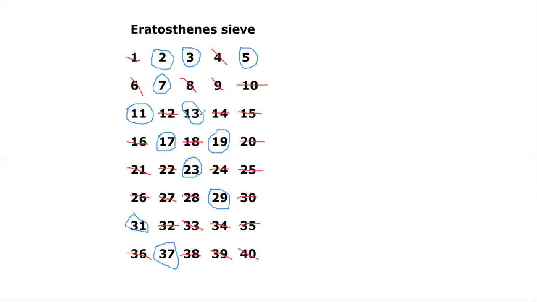So the numbers circled are the prime numbers. So these numbers are the prime numbers less than 40. So I can list my prime numbers here. Therefore, the prime numbers here include